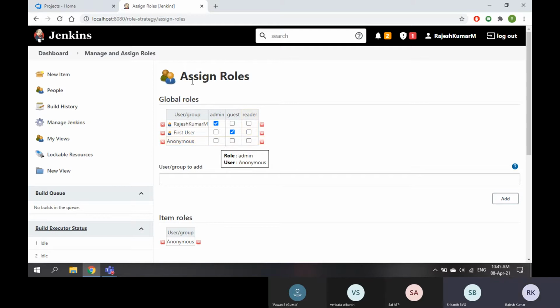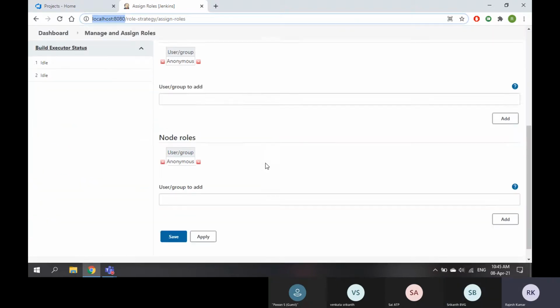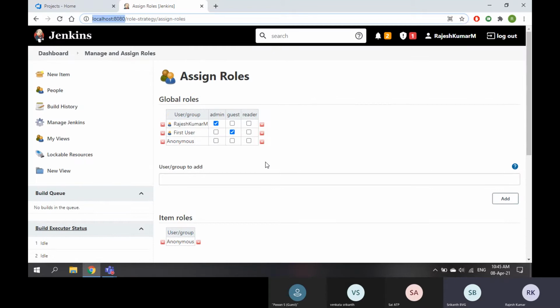Anonymous reader means if I have this URL on a public server, and I share this URL with some other people and create credentials for them, they can log in and they will be anonymous. So whoever has some access, for suppose, in an organization most of the people will have reader access. Without adding them here, there will be an AD connection. You can add AD here. You can integrate Azure AD. Once you integrate Azure AD, everybody will be able to log in. In such a case, you can assign them reader permission only. Don't assign them any high-level permissions.